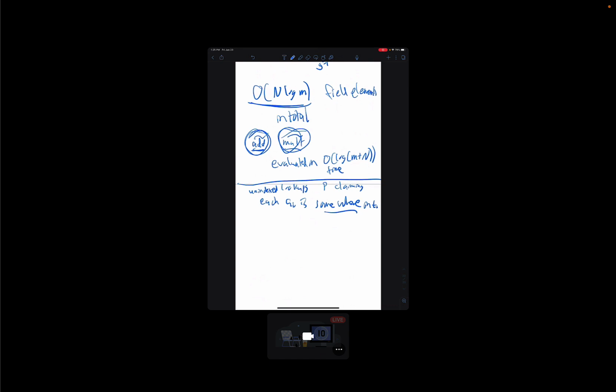Then there's something called indexed lookups. This is my personal terminology, where now the entries of a are basically tuples. a_i is a tuple, and it's basically some index j and some value. Maybe I'll just call it